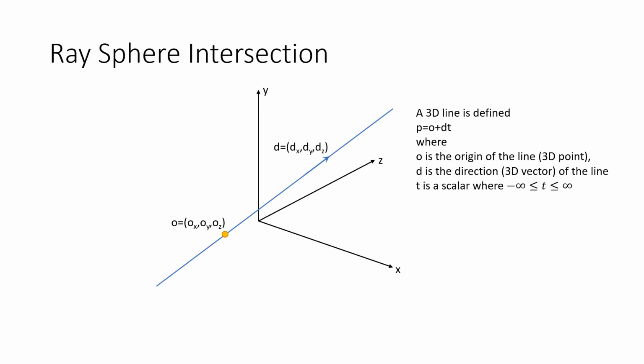In this video, I will go into more detail on the ray-sphere intersection. The first slide here depicts a line. So the 3D line is defined as all points P equal to the origin of the line plus the direction